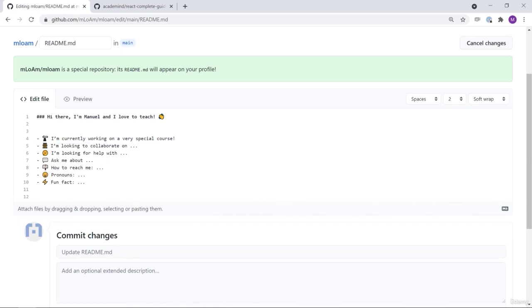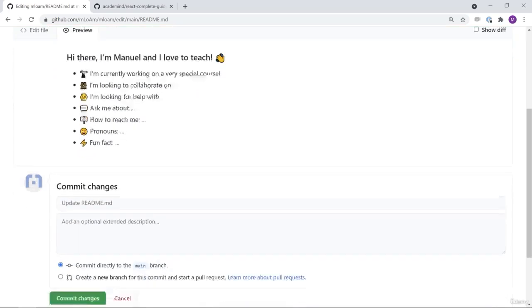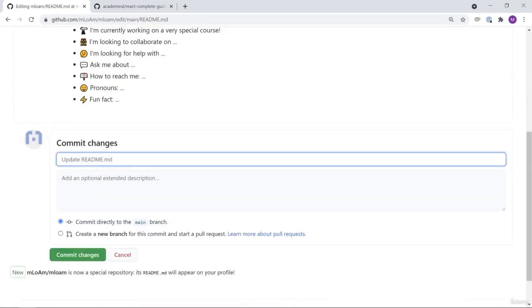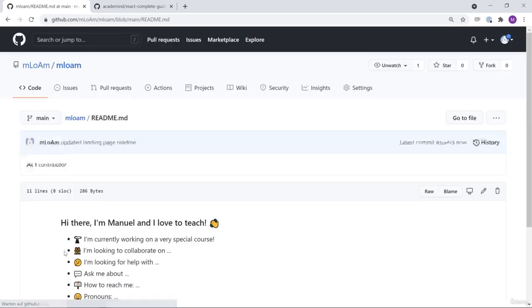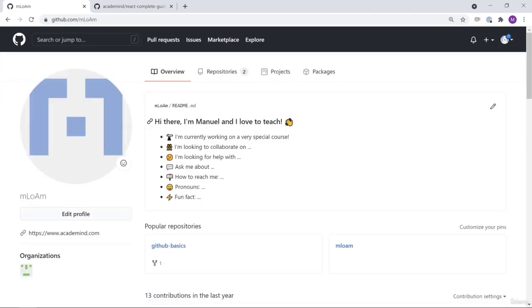And then you can add people you're looking to collaborate with and so on. So you can simply use this space to create your own page. You can also have a nice preview here to see what that looks like. And if you say, okay, I'm happy with that, you can then commit this change, like updated landing page README, for example, and then commit this change right here. And with that, if we again check out our profile, you see that now we have this edited text in here. I'm aware that this is not completely fancy, but I think this whole README logic perfectly ties into this